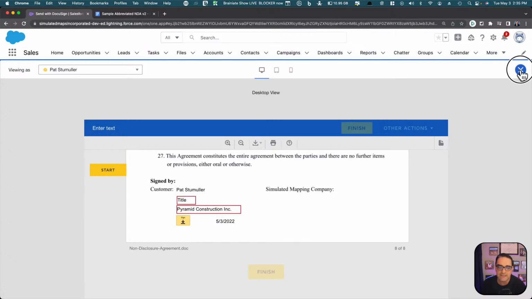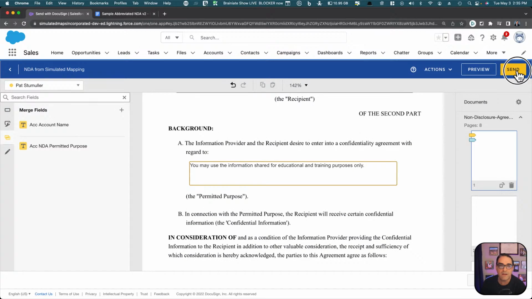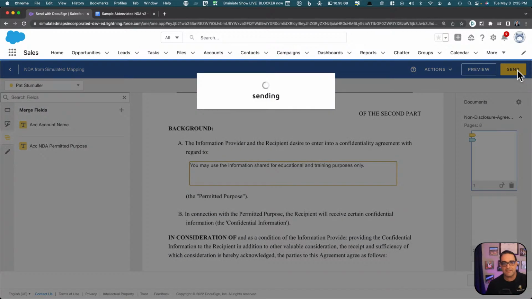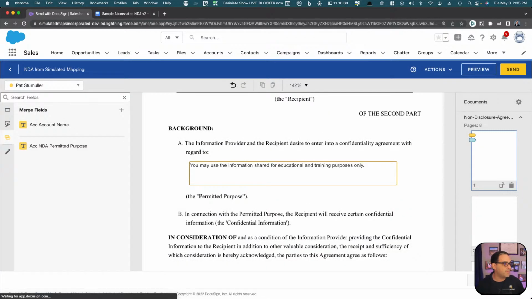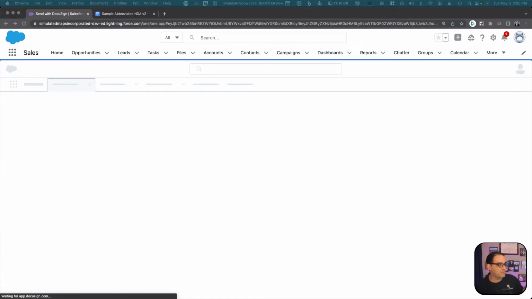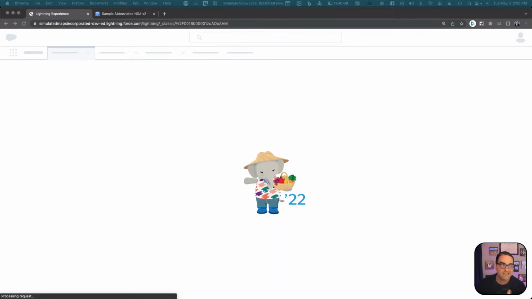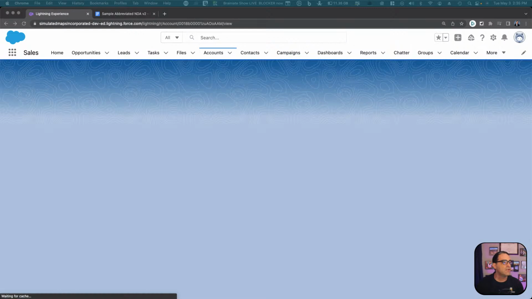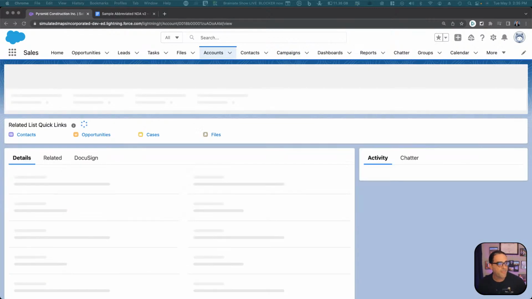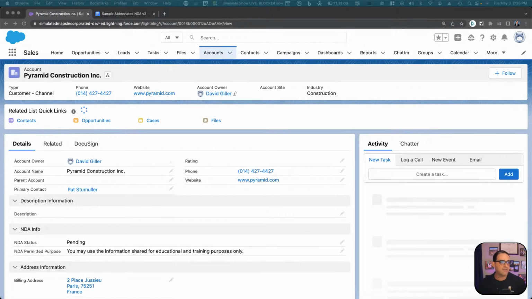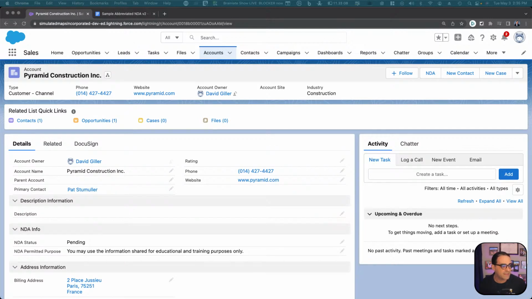Now that I see that this is good to go, I'm going to hit send. So I sent the document out. Now it might take a moment to appear. I'm just going into my inbox and hitting refresh. I'm going to pull it up because I don't think you guys necessarily need to see my full inbox. Once it comes in, come on, DocuSign, you can do it. Once it comes in, you know what? I'll show you a different one